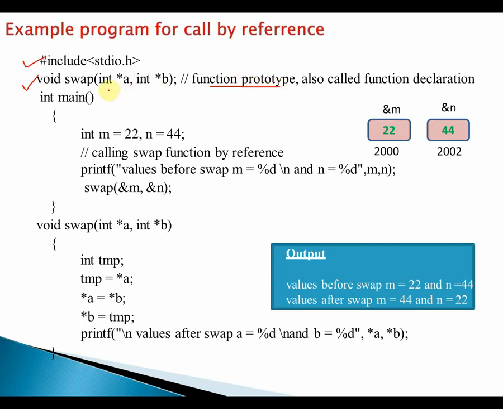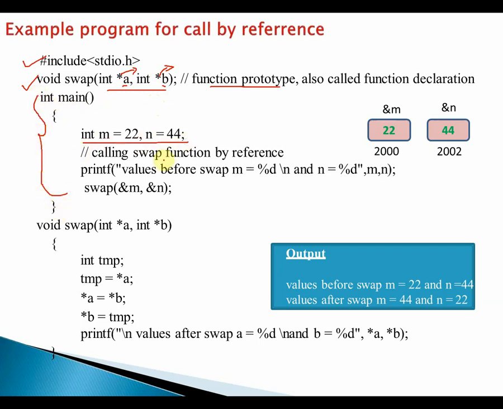So you see over here the way the function prototype is written is very different. What you see over here is an asterisk. These are called pointers. So when we write the method of call by reference, we have to use pointers. These are nothing but pointer variables. Okay. So after this we shall go to the main function.